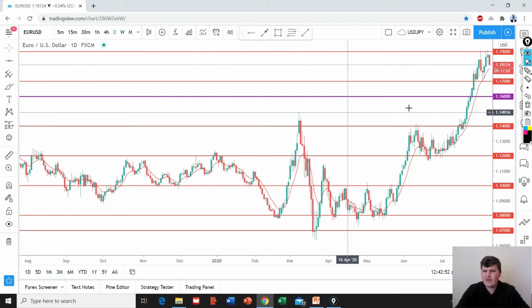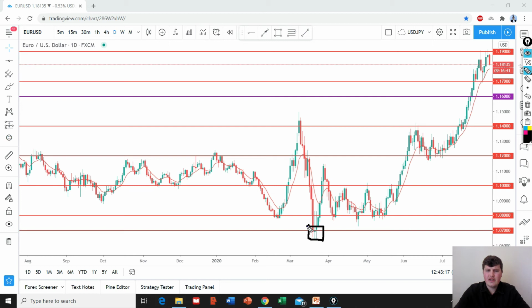Alright, so here are some of the major psychological levels on the EUR/USD, and as you can see, there are quite a few of them. The EUR/USD is a really nice forex pair to trade, and it tends to obey these psychological levels really well. So as you can see over here, this high of the year, this low point of the year, together with this rounded number is also a good psychological area,